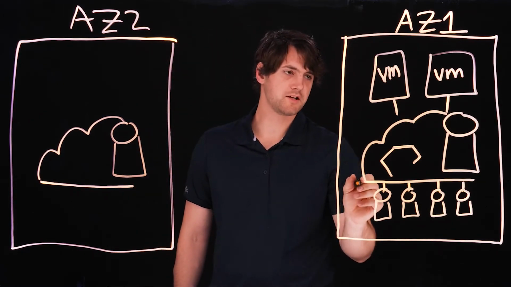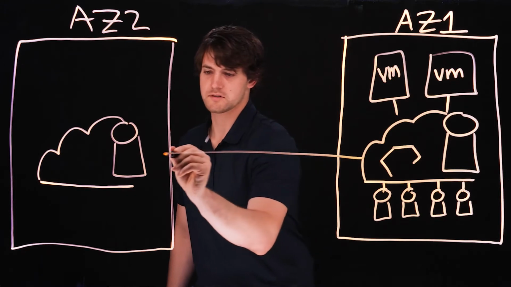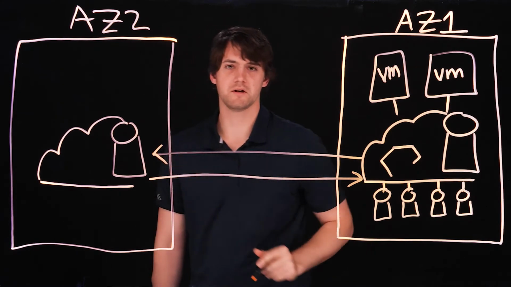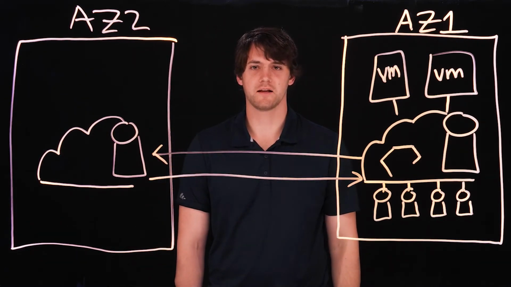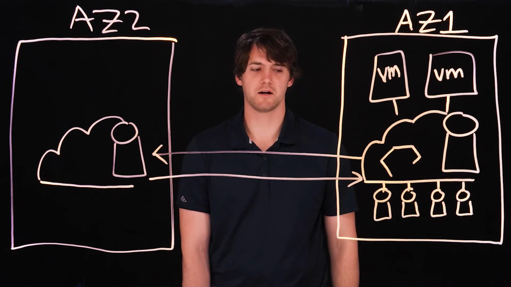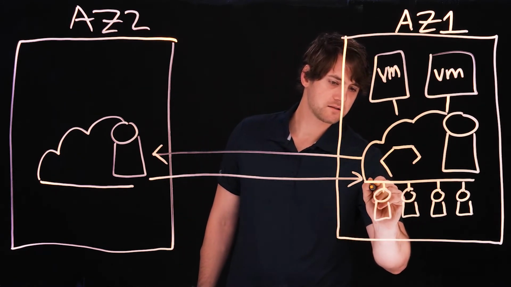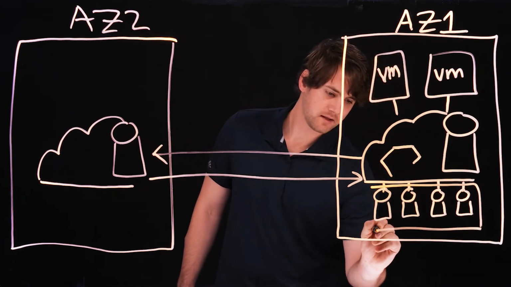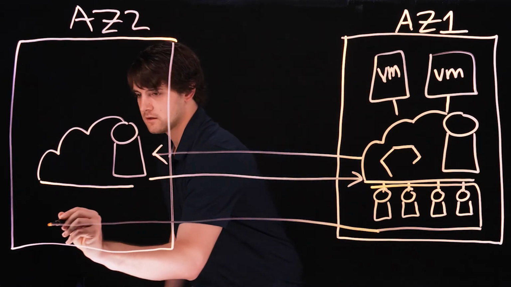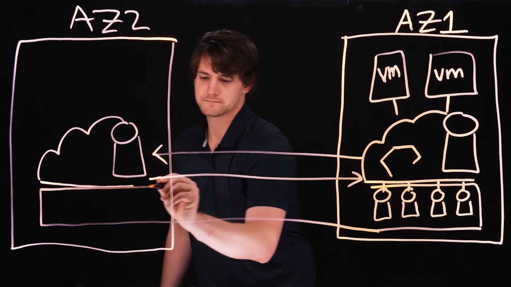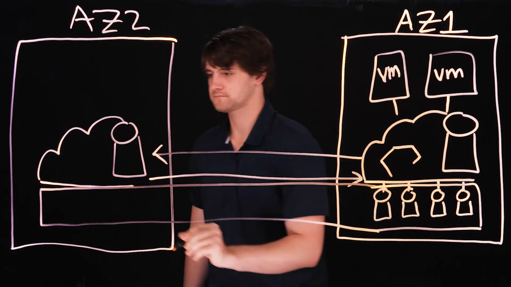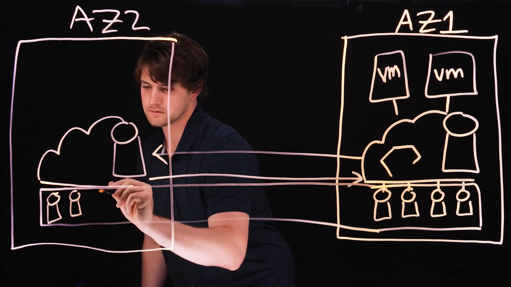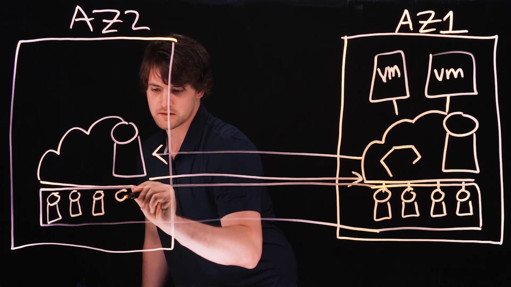And then you can configure replication between the AZs and your Cloud Block Store instances using Active Cluster, Pure Storage's zero RPO, zero RTO replication technology that allows the volumes to be present and fully populated on both sides. The way you do this is you create a pod that contains all your volumes on the source array, and then you stretch that pod across to the other AZ and to your other Cloud Block Store instance. What that results in is all of those same volumes being present on both sides.